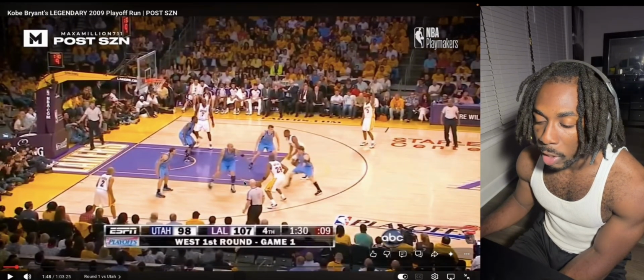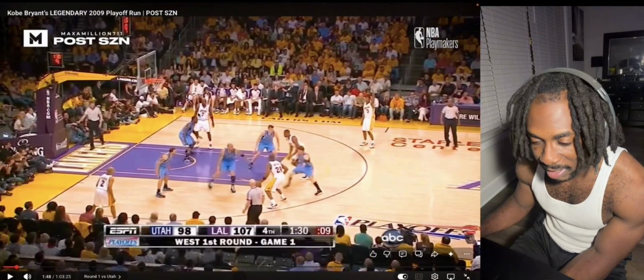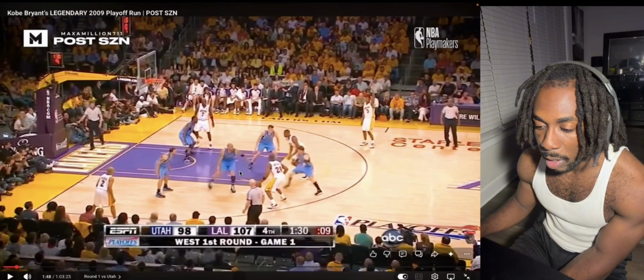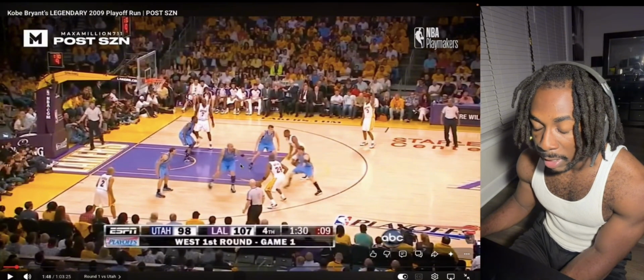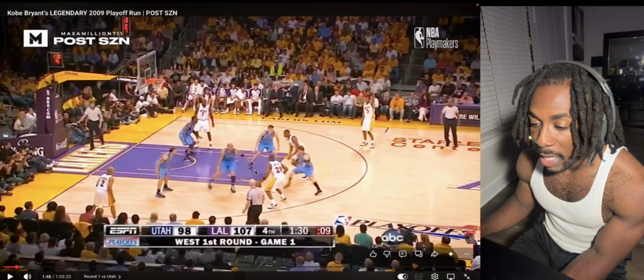Okay? The reason why Kobe's not driving is because there's Deron Williams right here. You got Boozer obviously right here. You got backside. I can't see that guy, but you got backside here. So there's no point in just driving into the middle of nowhere. And you can't hit the dump down to Bynum because I think that's Kirilenko. Kirilenko's in the right spot and help. So he's just drawing his man out.